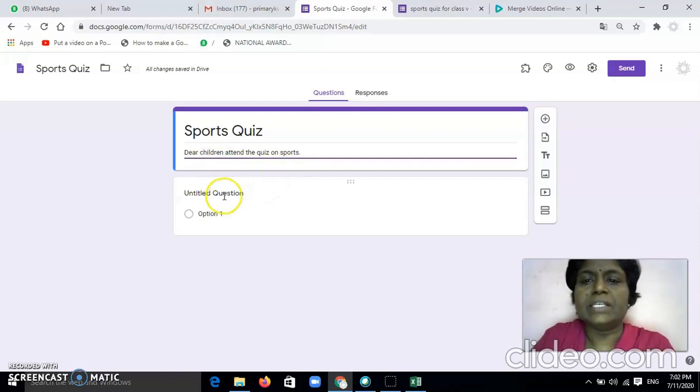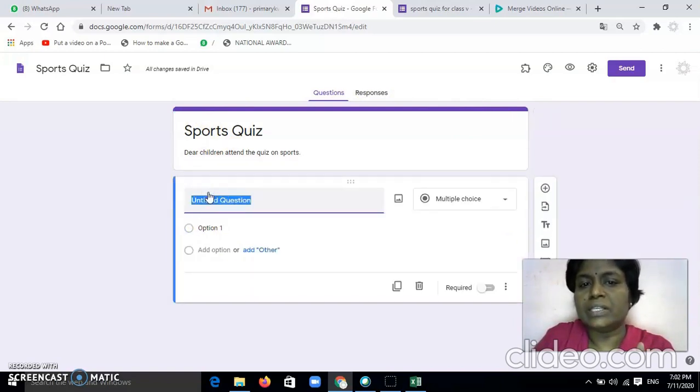Next is how to add the questions. Now once the Google form is opened, it will be like this, and the first thing you see here is untitled question, right? Whenever you are conducting a Google quiz, you need to get certain information from the children also.